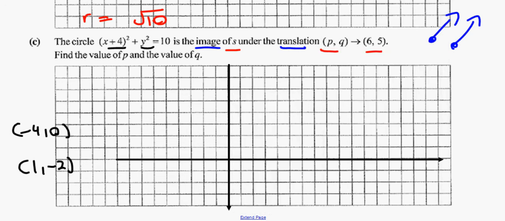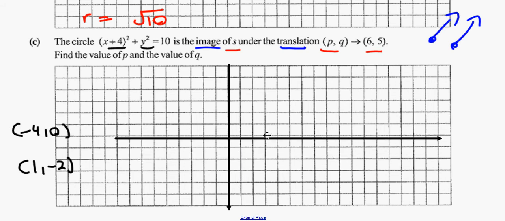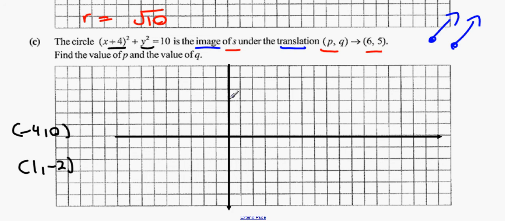So we're going to draw the original center, which is (1, −2). So go across 1, down −2. And this is the center of